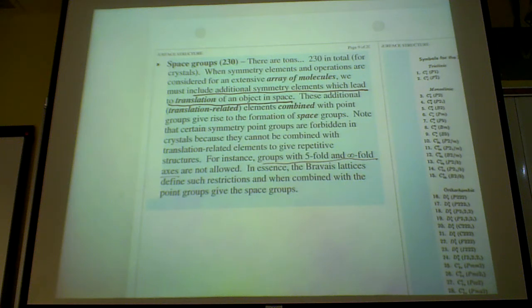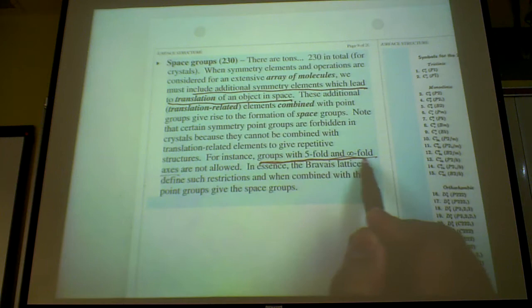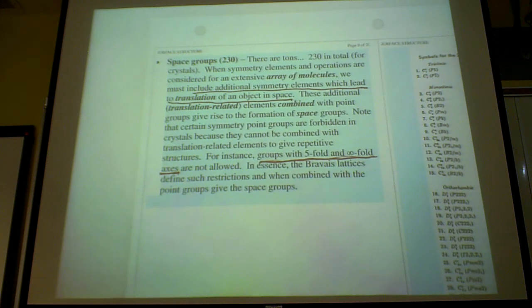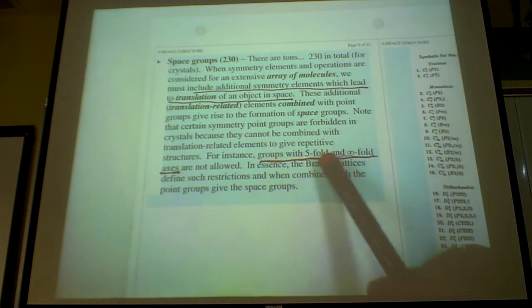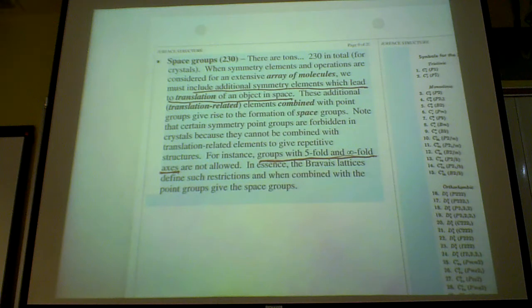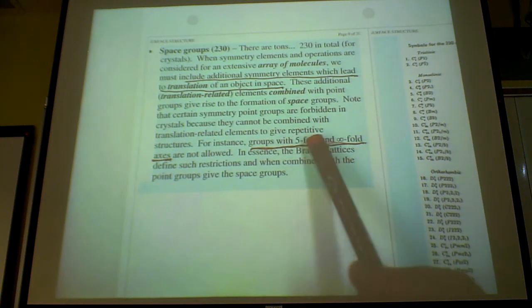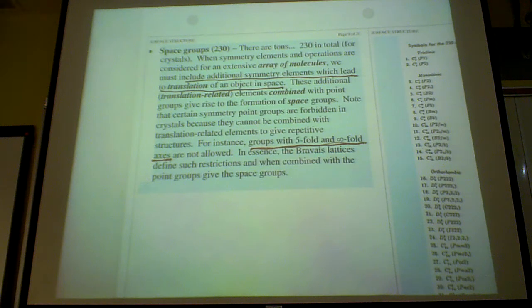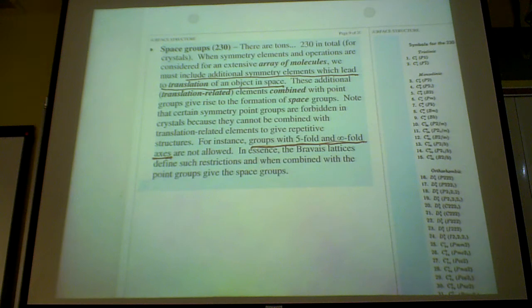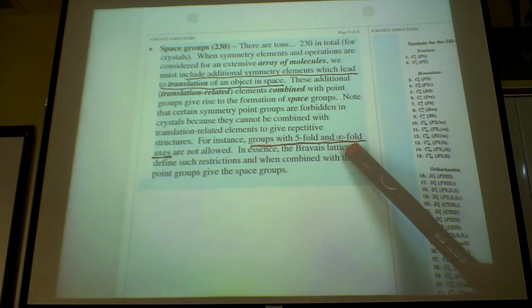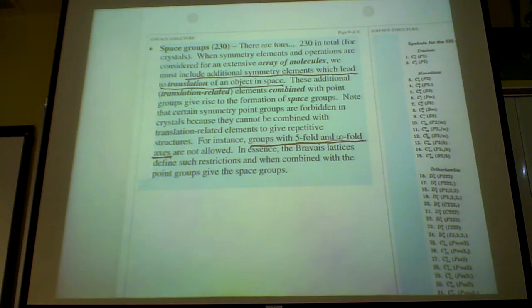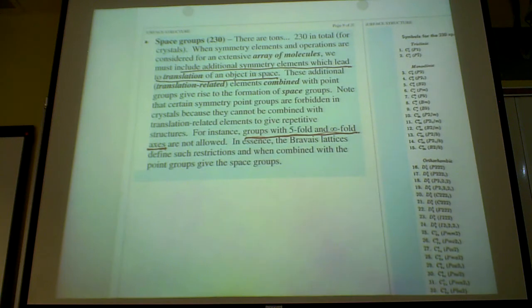One interesting thing I point out here is that you will never find a crystal with 5-fold symmetry in nature. This is a no-no in nature, although we all have 5 fingers and 5 toes. It's an interesting thing that crystals will never have 5-fold symmetry. They have 6-fold symmetry. They also don't have 7-fold symmetry, very rarely do you find them. They don't have infinite-fold symmetry. Infinite-fold symmetry essentially means there's no symmetry. And in essence, what you got, the Bravais lattice defines these restrictions with